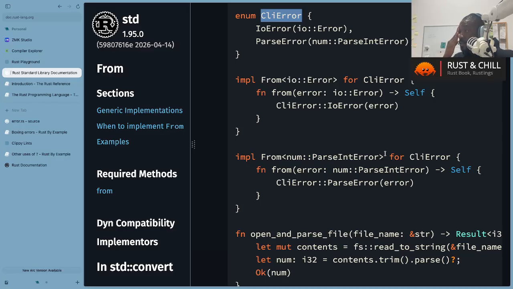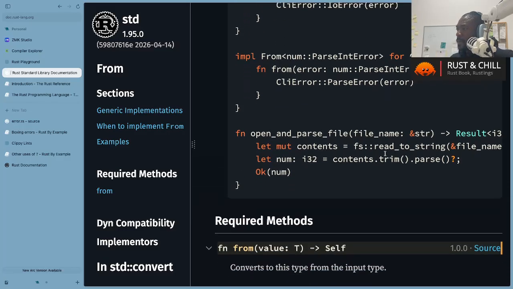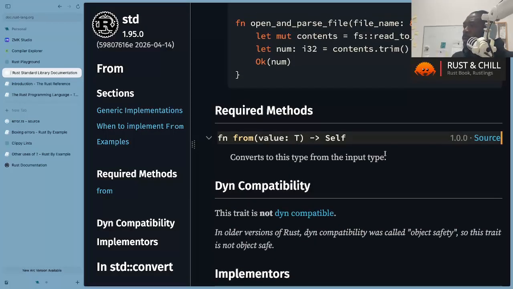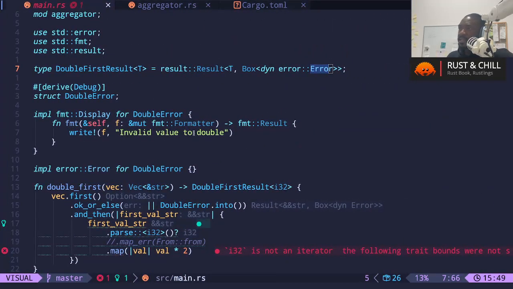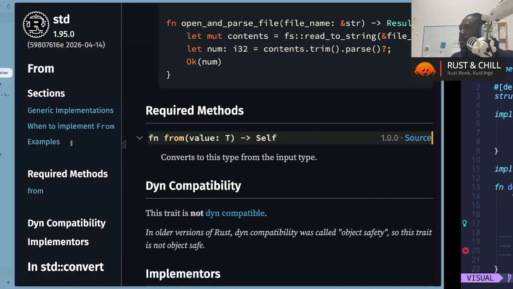All right. And so in our case, we would need to implement from for in this